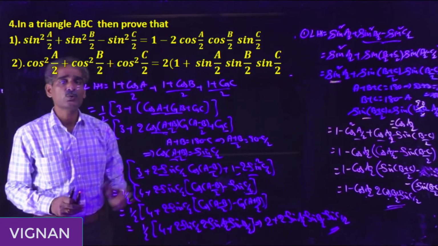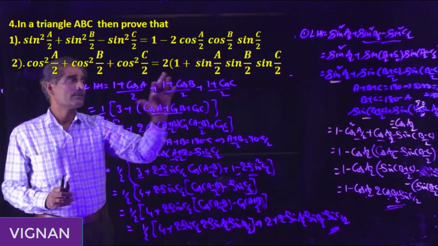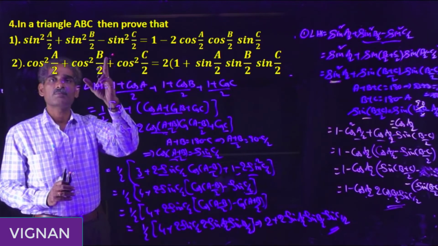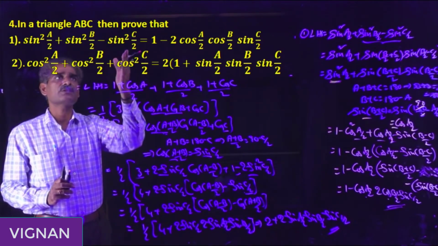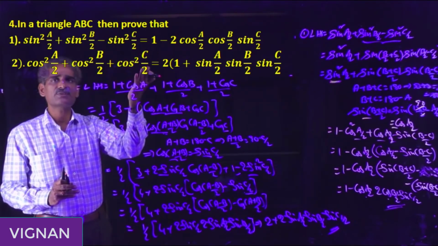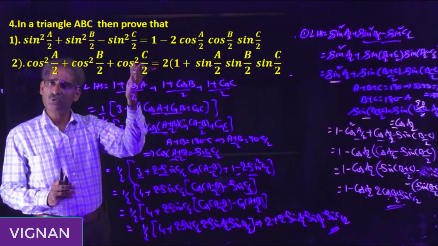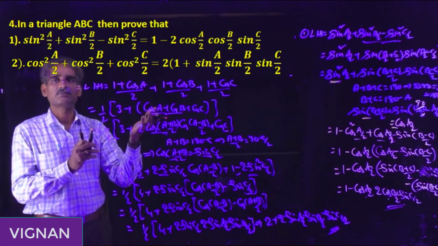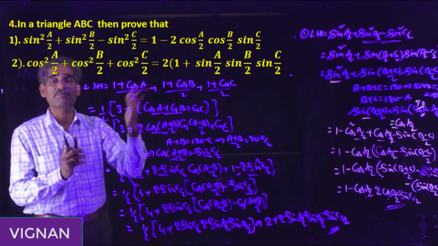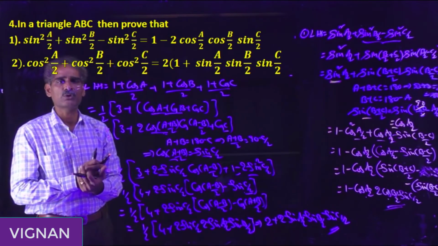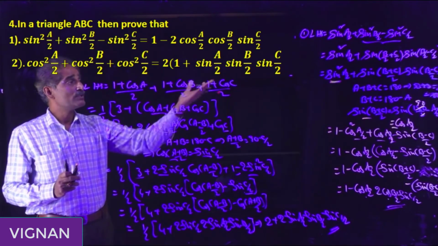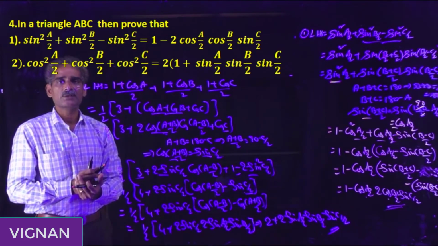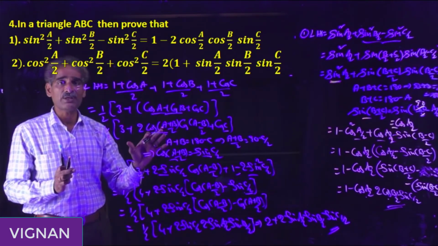This is how to do the problems with square formulas and first degree formulas. For squares, just observe these two problems in terms of squares. Here also you have to transform the problem from sum to product. Both problems are the same way. We can solve both the problems by the same method, using either the squares formulas or the first degree formulas. Okay, so the method is not important.